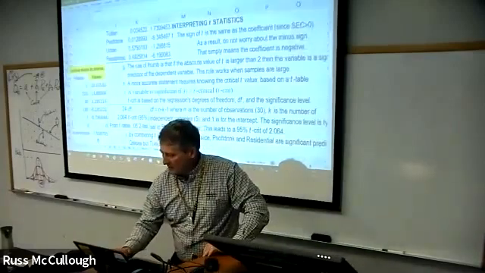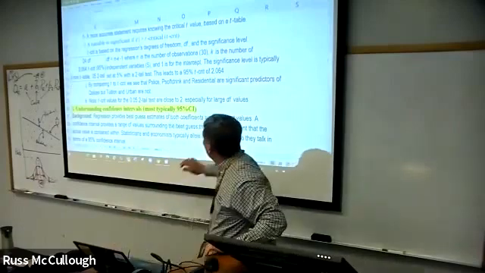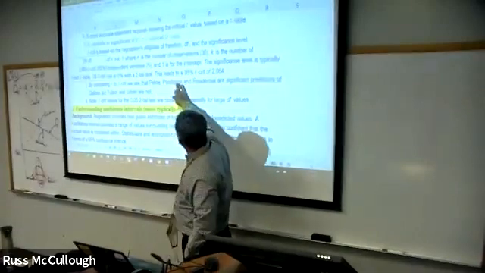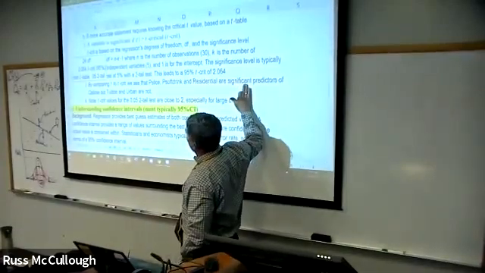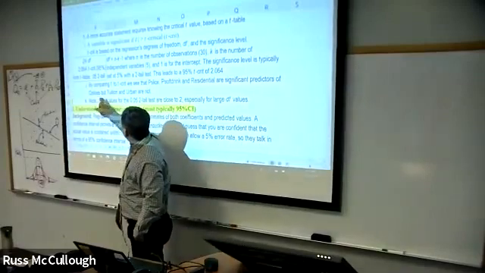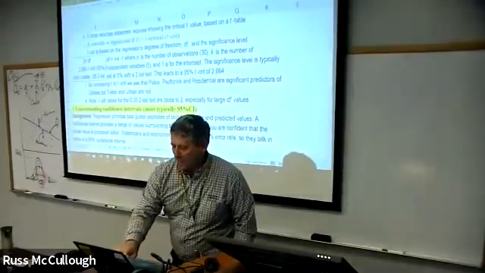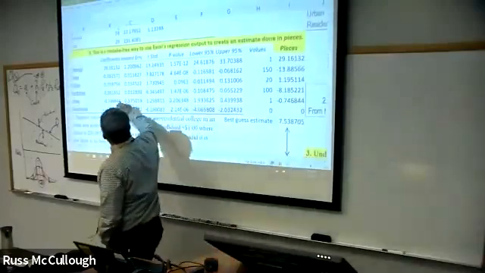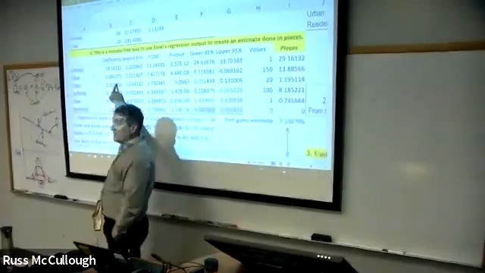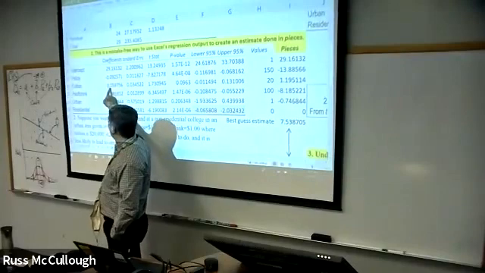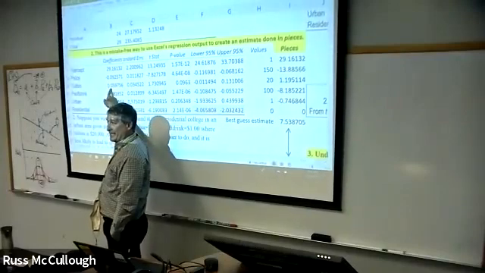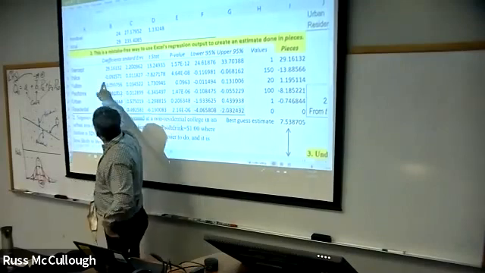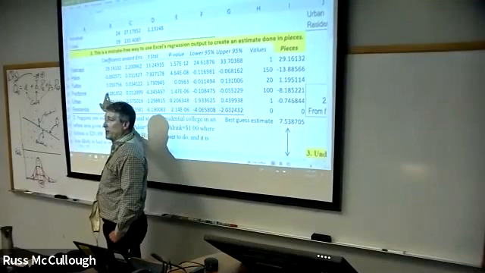So he said, by comparing the t to the critical t, we see that the slice, soft drink, and residential are significant predictors of quantity of slices, but tuition and urban are not. Why? Well, this would say a 1 unit increase in the price of tuition would lead to a 0.05 increase in sales of quantities, correct? It would be if we had faith in this number, but we don't.